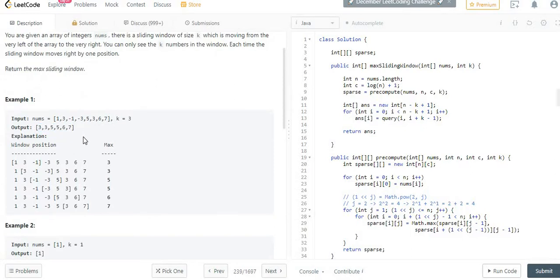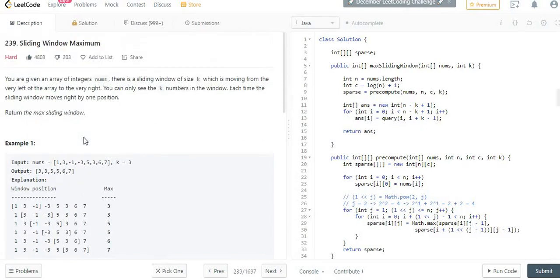Now there are a few observations before going into the coding part. First, you can see the integer array nums is fixed, and there is a sliding window of size k. What I can see over here is that the elements in the array are not getting updated, those are fixed, or I would say immutable. Only the window position is slid to the right by 1.